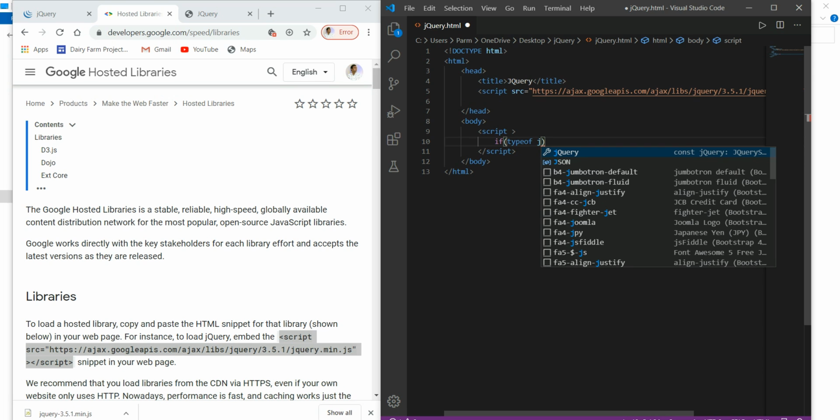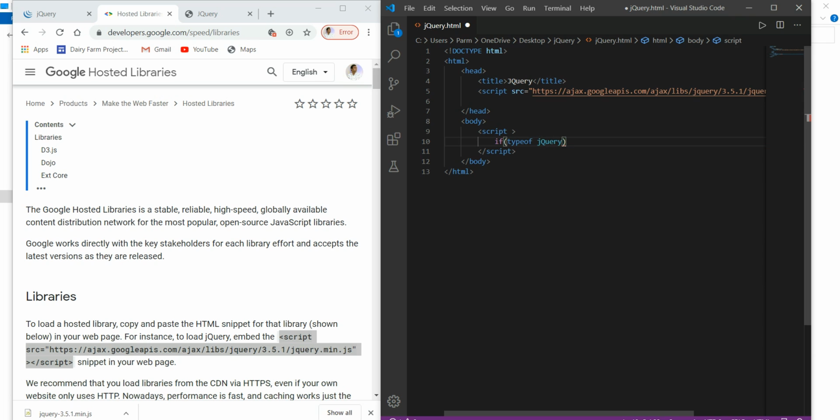typeof jQuery is equal to undefined. This is the case when we have not installed it, or the value of jQuery is not defined.